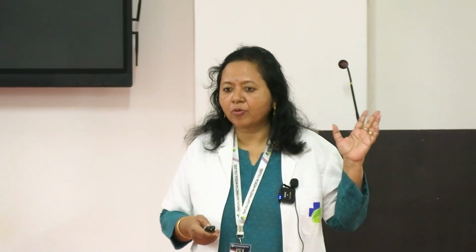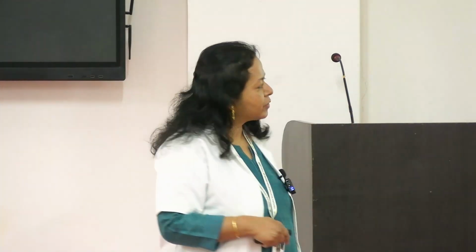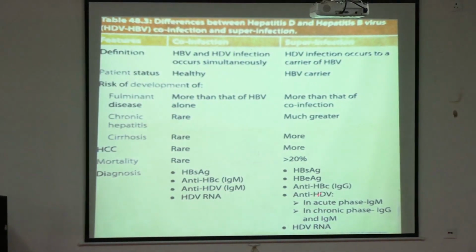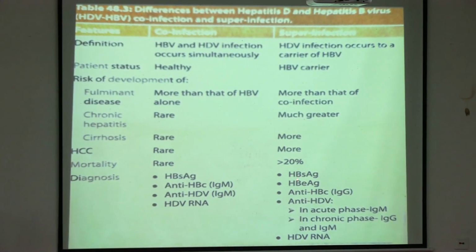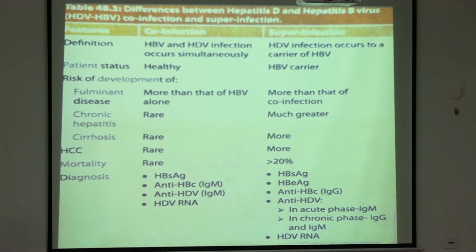HDV है तो उसका भी IgM होगा ना. तुम बोल रहे हो इसका कोई इन्फेक्शन है हेपेटाइटिस डी का. You get it? So you have this also, and then you have HDV RNA also. Okay. Next is the super infection. What about the super infection? This is worse. HBsAg है, means you have to have evidence of both. What? B and D, right? Both has to be there.